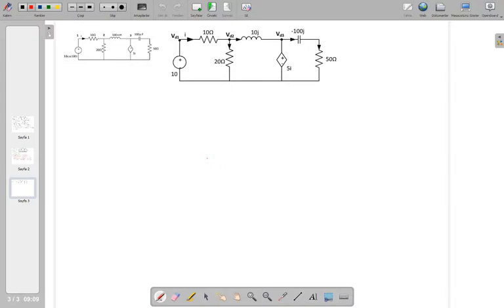Now the circuit given to us is a time domain circuit, which is this, isn't it? Time domain. And we are going to transfer this time domain circuit to a frequency domain circuit, or let's say in short, omega domain circuit. How we will do it, I will explain right now.